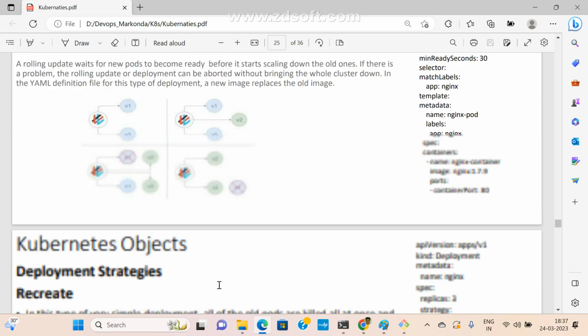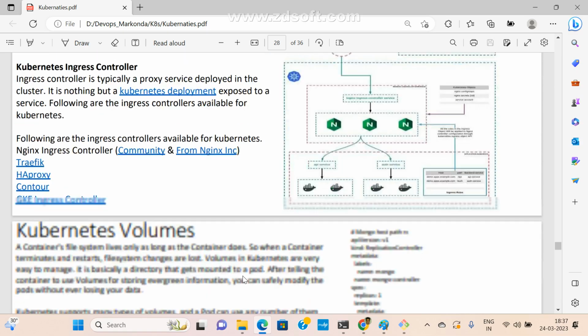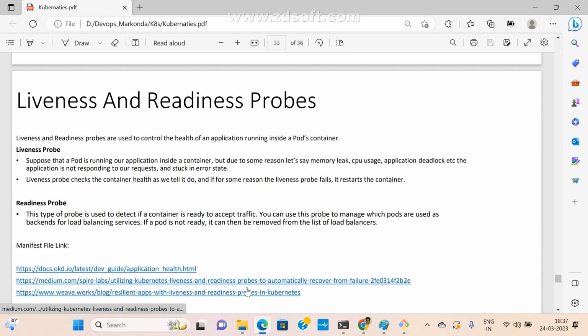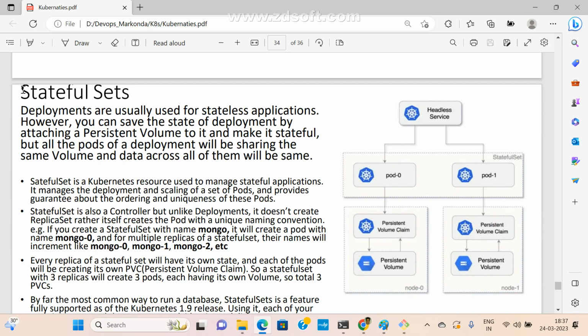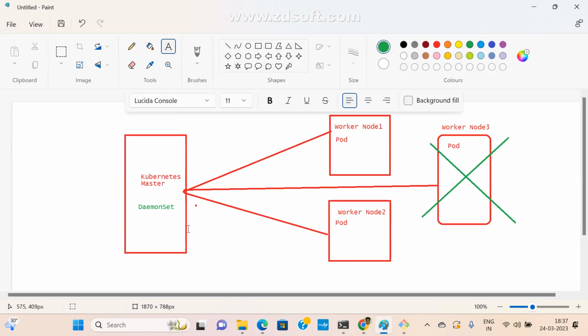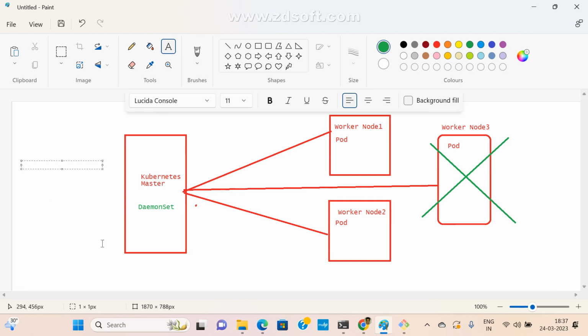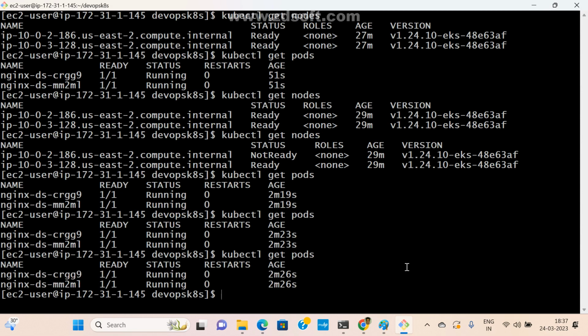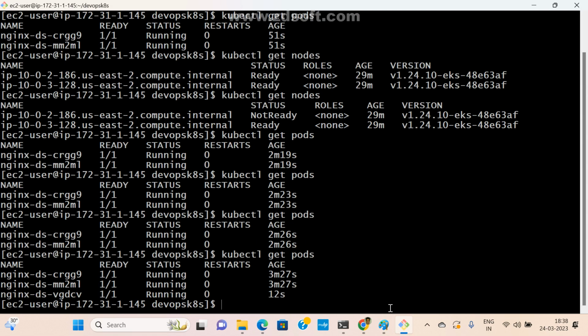Now there is one more object, the stateful set object. This is very important. What is a stateful set object? Many people ask in interviews also. This is one more object. Now you know daemon set, deployment, RC replication controller, replica set, pod, and namespace and all. Now there is one more object, stateful set. If we create any pod,